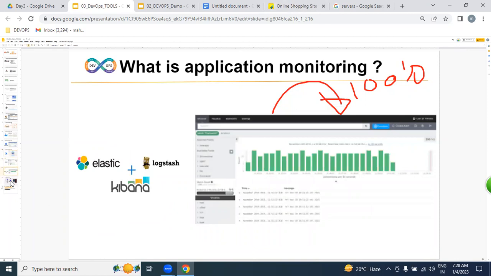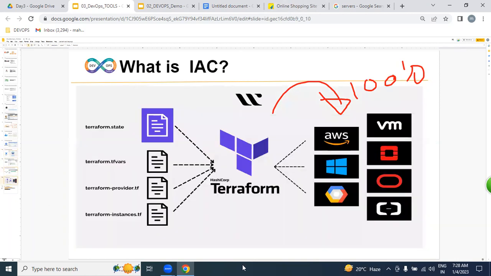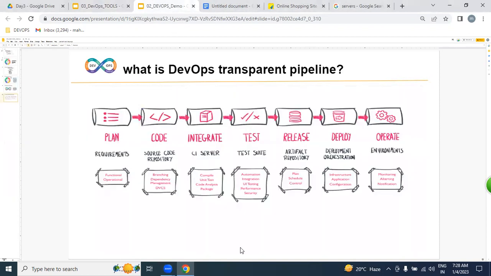And moreover, we're going to be learning Terraform. Terraform is a cross-cloud platform. With the help of Terraform, we can create servers in any cloud, either AWS, Azure, Google, any cloud. So after successfully deploying our applications